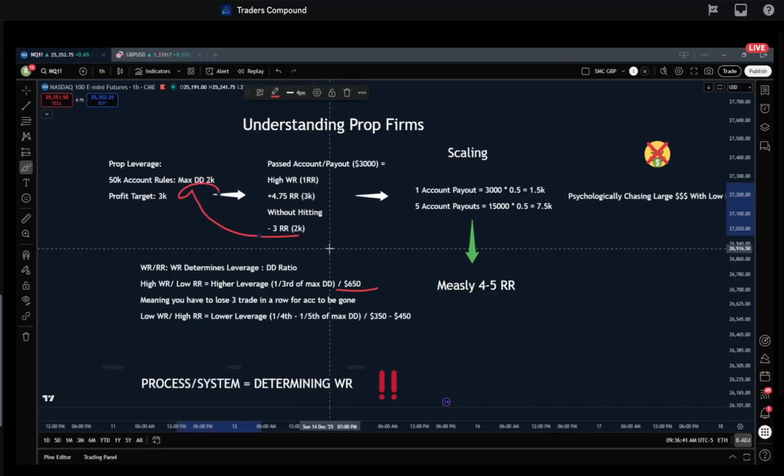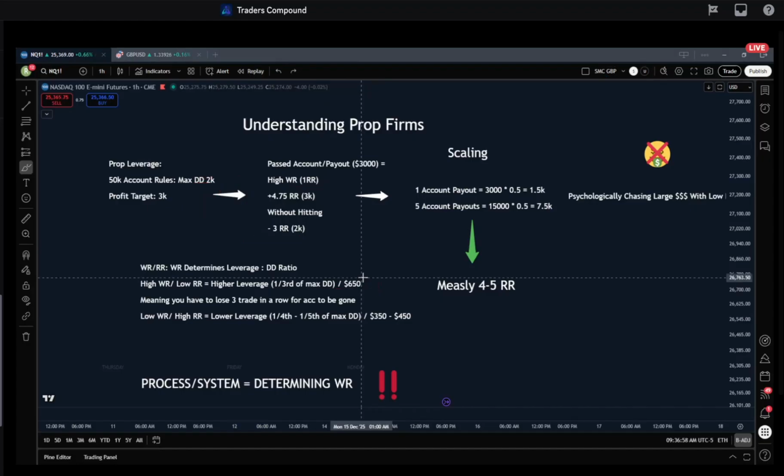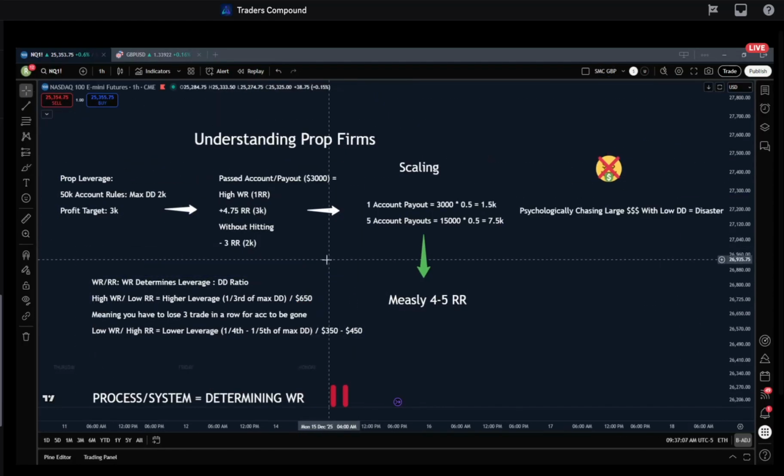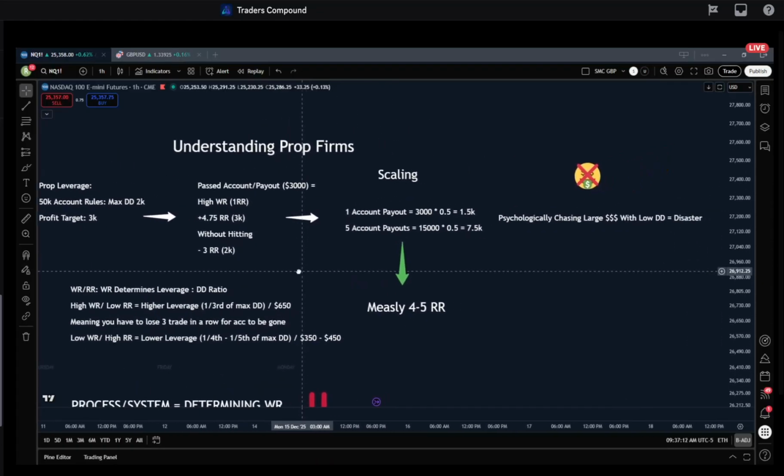Look at the statistics. We haven't once even had the opportunity to go into enough drawdown because of the win rate and risk paired with each other, right? So we haven't even had an opportunity through the callouts that have been offered to lose an account if you're risking $650 per standard trade, right? So how does that look like risk to reward and like payout wise, right?